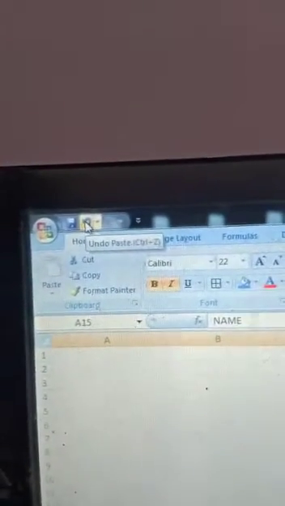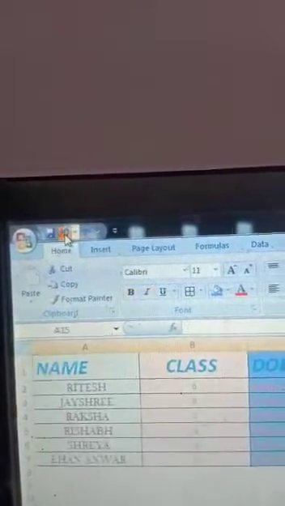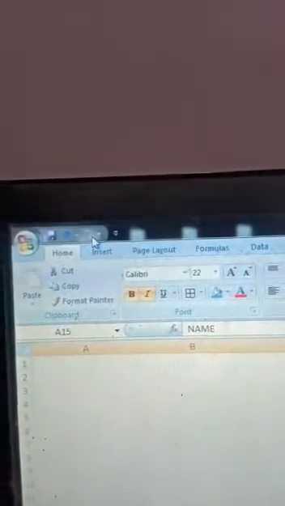So that is very easy. If you want to reverse those actions, then you have to use the undo command. For undo, you have to press Ctrl and Z. And if you want to redo, then Control Y. Okay students, so that is undo and redo. And there is also the undo button and this is the redo button. If you want to undo, click on the undo button, and if you want to redo, then click on that. That is very easy, undo and redo commands.